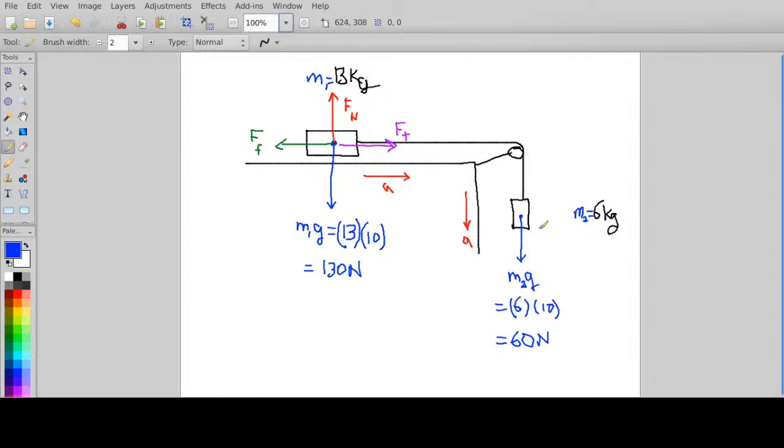Is there another force on that? Well, there's no normal force because it's dangling off at the end. It's not like this side is touching the table, like up here that was touching, but down here it's not. Okay, and there is no friction because again there's no touching, but there is the string there, and so there's a tension upwards like this. Okay, and that one is also Ft. All right,